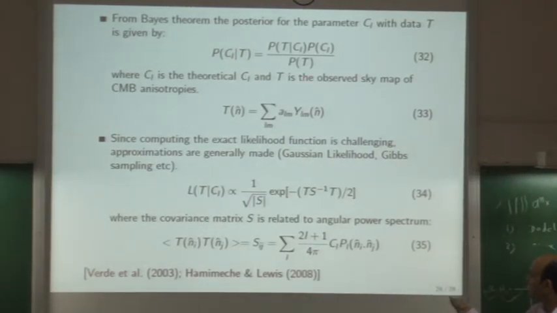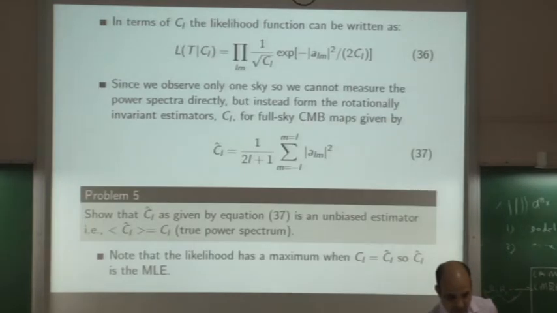Okay, and this thing I already explained. So this equation goes in here, and now again the probability is taken as Gaussian. We have taken a Gaussian likelihood, which can be written in this way. And if we take the covariance matrix of these two, as I already told you, in the case of CMB, the covariance matrix is directly related to the CL. And again, detail is given in these references, and a lot of background is also given there.